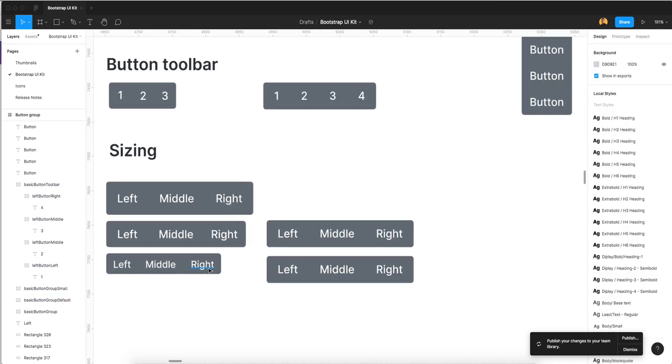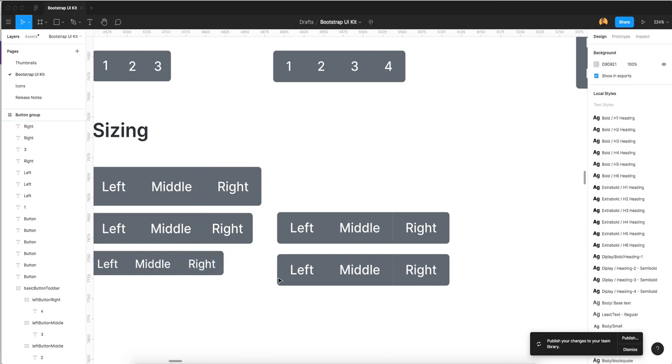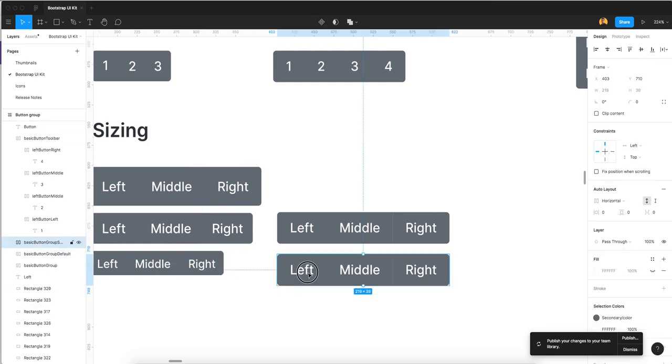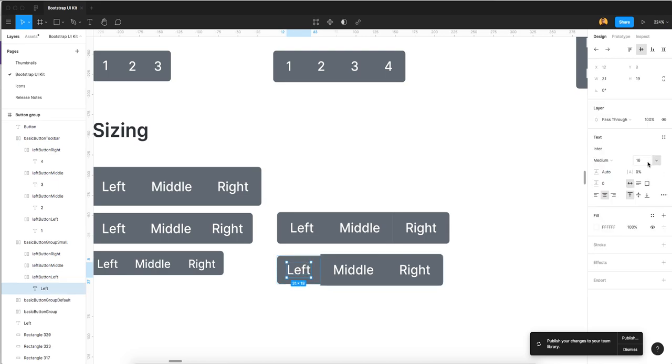If you find that a small button group has a small font size called 14 and less padding left right, so I just move into my layout left and I decrease the padding left right, top 8, and from this I need 12, and again I change the font size.